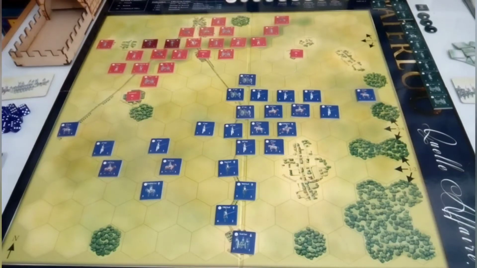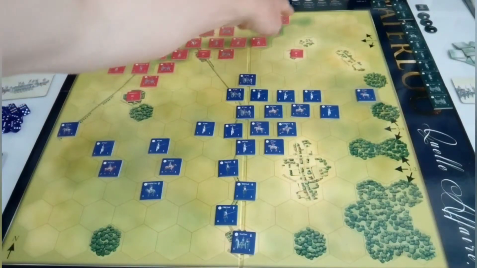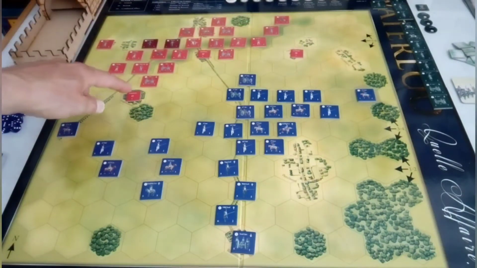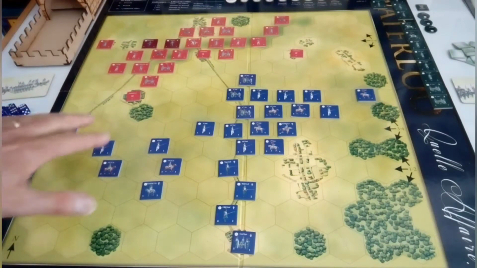Okay, so this is the setup for the game as per the orders of battle cards and the deployment charts. So this is for the standard game. You can see the Anglo-Allied forces set up on the ridge with Hougoumont, La Haye-Saône and Papelot garrisoned accordingly, and then you've got the French